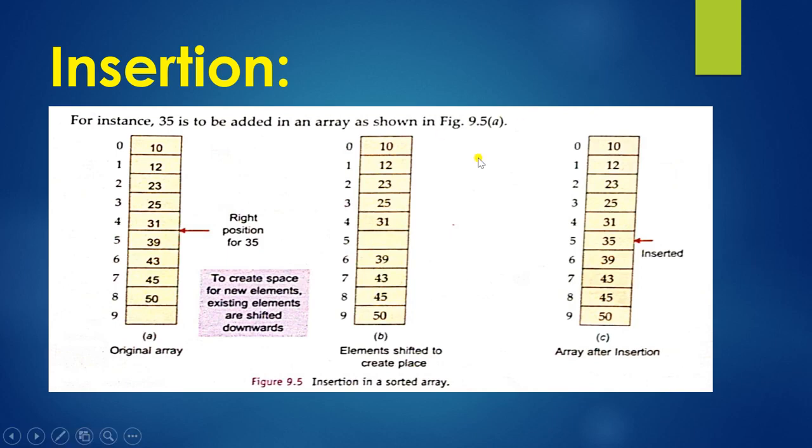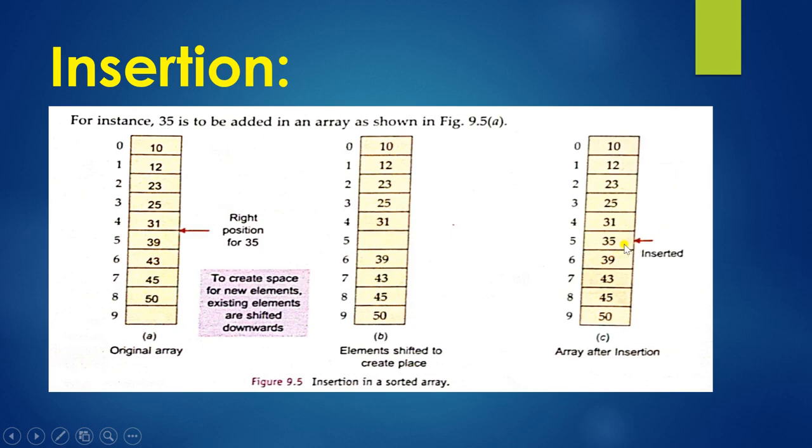So here in this diagram, in this picture, you can see that there are elements, total 0 to 8, this is 9 elements. You want to add an element at the 5th position, and what you want to insert is 35. So you have to make space to enter 35 at the correct position, at position 5. So what will you do? You have to shift the elements toward the downward position, means toward the right side, so that this 9 is blank now. You have to shift the elements one by one. It will give you the space so that you are able to insert the element.